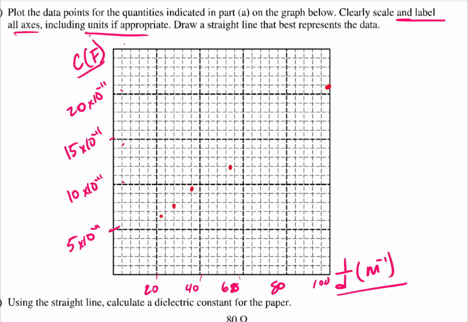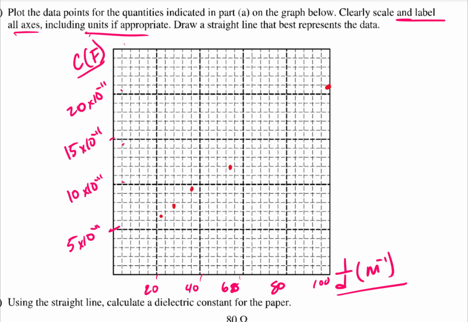All right, so once you have graphed these quantities, you need to draw a straight line that best represents your data. Now, let's say you graphed the wrong thing and your data showed a 1 over x curve, because that's the most obvious thing to do if you mess up part A. As long as you draw a best fit line that goes with it, even if that line has a negative slope,